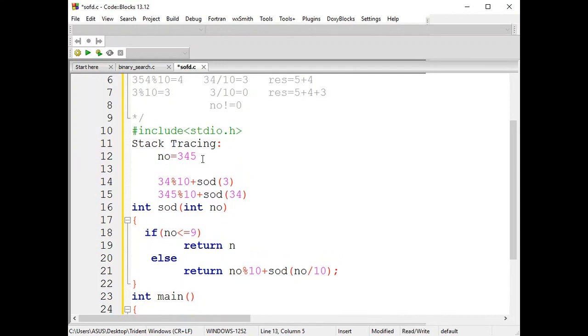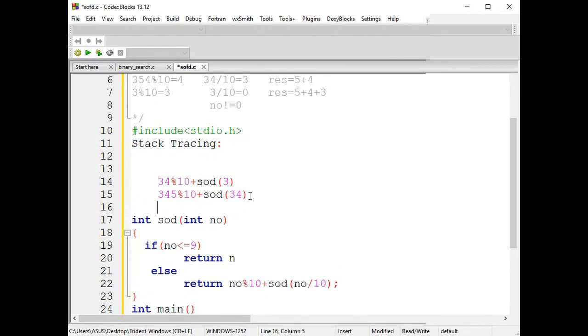Now you can notice, guys, initially I'll call the function. Let me write it down, just a minute, in order to give you a better understanding. The number is taken as this value. So the function will be called as sum of digit of the particular number 345. Initially this number will be checked. This condition is not true, so automatically it comes to the else part. So 345 modulo 10 plus sum of digit of 345 divided by 10 will be checked, where the sum of digits will be called with the value 34 again.